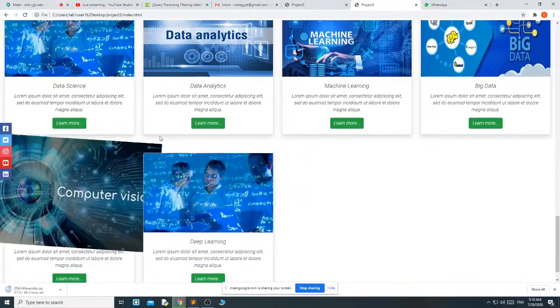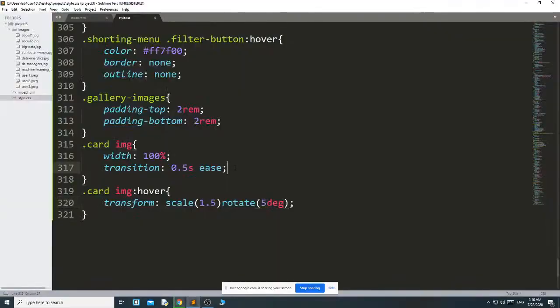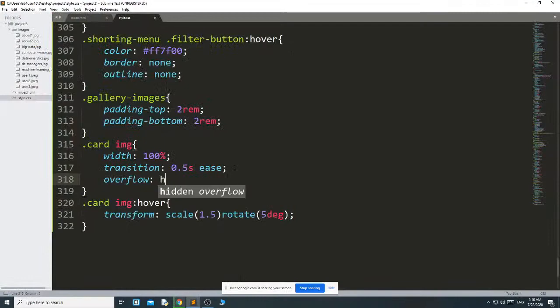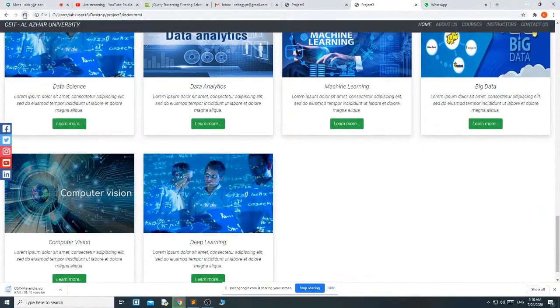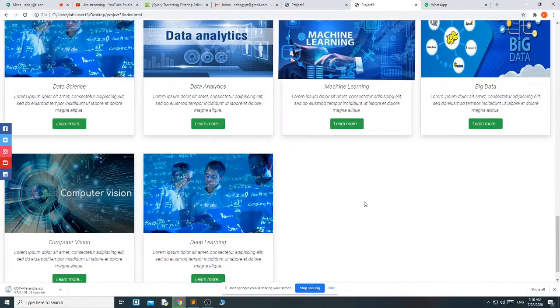To avoid this, what I have to use here is overflow hidden. Okay, once I use overflow hidden, what happened?